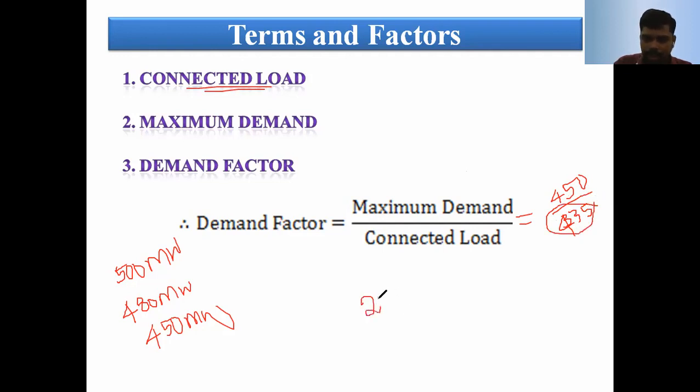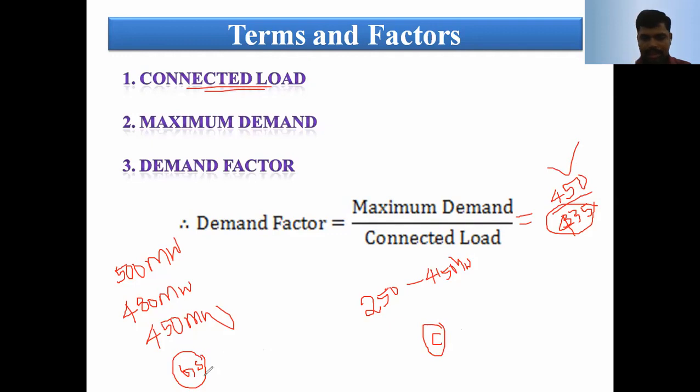They are utilizing in between 250 to 410 or 415 megawatt. Why is the maximum demand here? It is in the power plant, the generating station, either thermal, hydro, nuclear, gas or diesel power plant. The consumers are far away from the power plants. From the generating station to the consumer premises, the distance is 500 to 1000 kilometers, and in some places 1500 or 2000 kilometers.